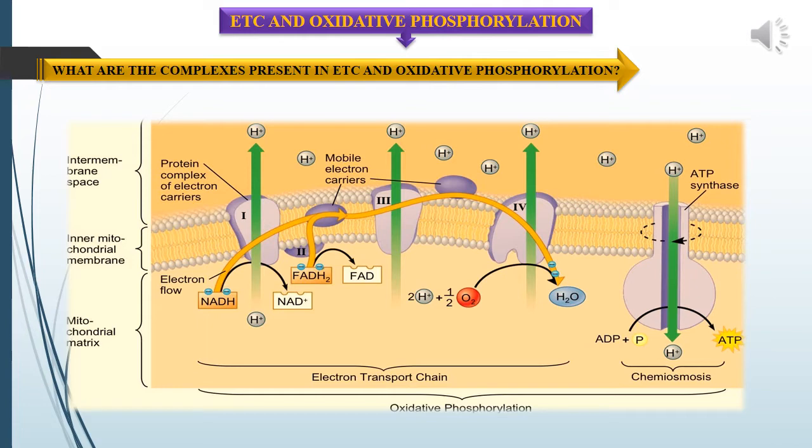It occurs in the mitochondrial inner membrane, where ATP synthesis occurs through the chemiosmosis process, where the electron transport chain transfers electrons to oxygen. This causes proton motive force at ATP synthase, and then it causes release of ATP as energy source. So the total process is called oxidative phosphorylation. Before moving to uncouplers and inhibitors, we must remember the complexes present in ETC and oxidative phosphorylation.